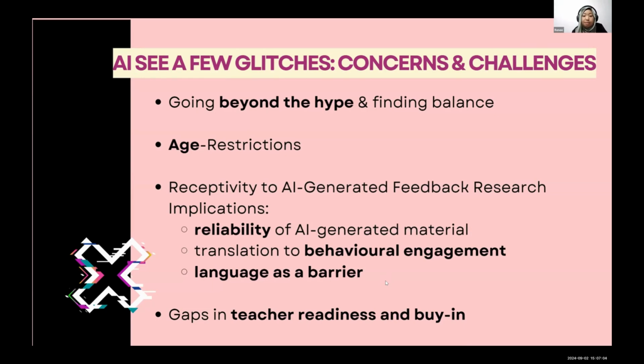And in my senior teacher role, one of the things that I struggle with is that in the demographics of my school, we have very big gaps in our teacher readiness towards ICT in general, and furthermore AI, and also the buy-in. So a lot of teachers are like, oh, this is all hyped up. And then some teachers are like, okay, we really have to do this, but they may not know how to be discerning in terms of the use of AI.